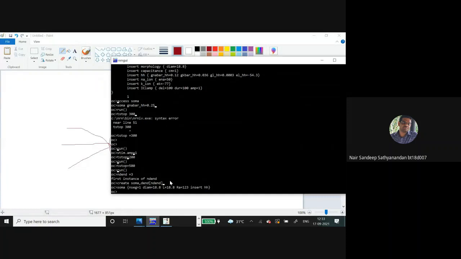And now the dendrite. There are 3 dendrites configured. In order to modify the dendrites, we have to go to dendrite, and if you want to modify the first dendrite, give that value here, that is 0, 1, 2, 3. The indexing will start from 0. So dendrite 0, and then we can enter the parameters.